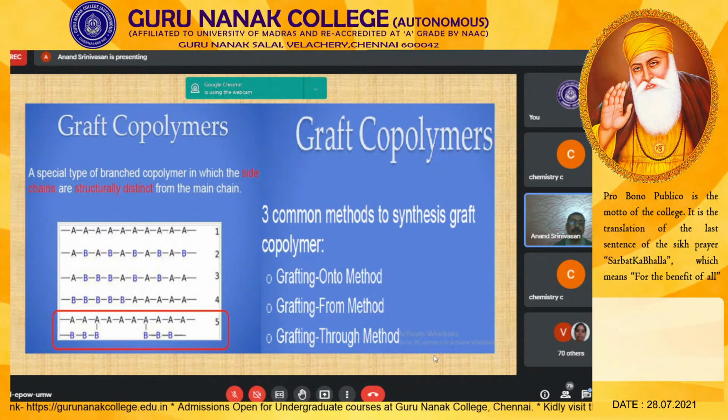So you have different structural combinations. One is a regular structure, called a stereoregular polymer, in which the backbone will have the same linking segments in the same fashion. Whereas you have an alternate copolymer and then a random copolymer as well. Three different combinations are possible, and three synthesis methods are possible as far as the graft copolymers are concerned.